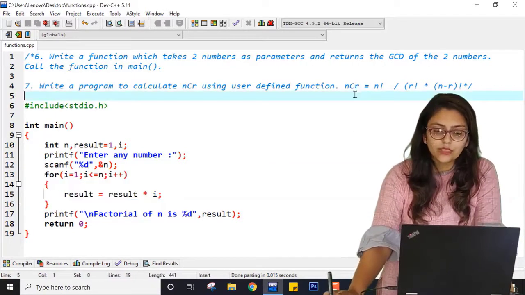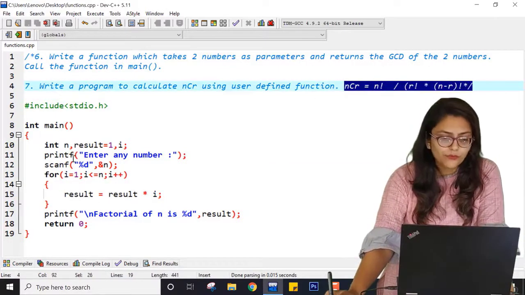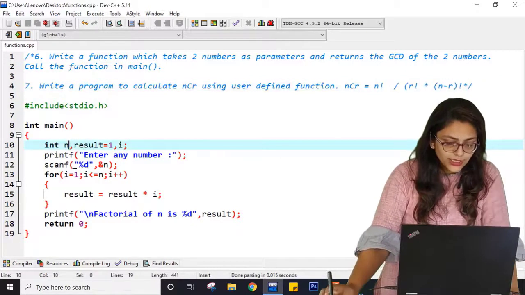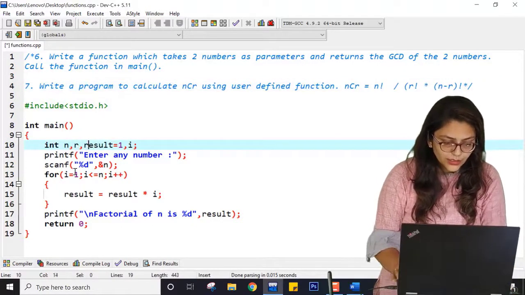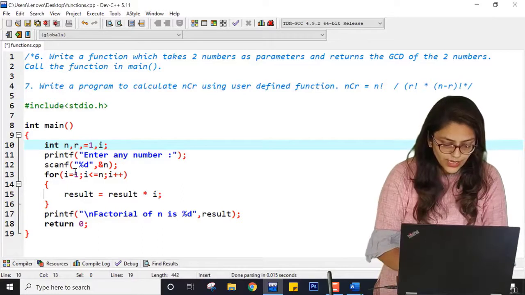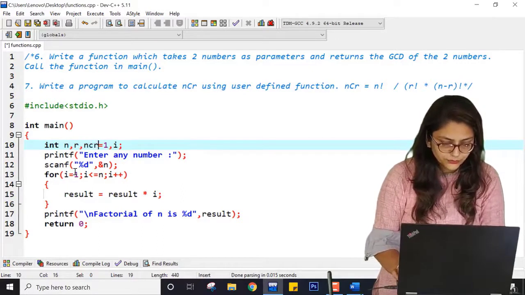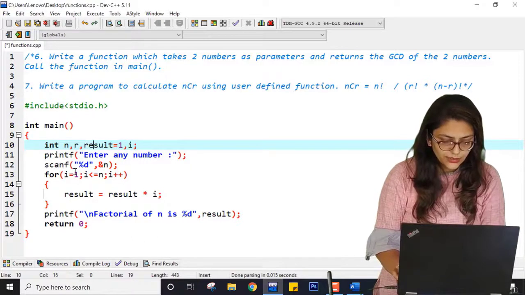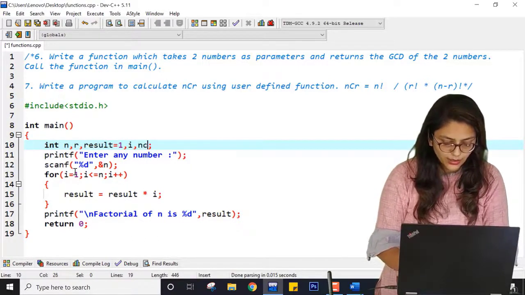So if I want to run this program without using a function, what will be the answer? Here it will be for n, here it will be r, and here NCR. Let me write result, and here it will be NCR, right?